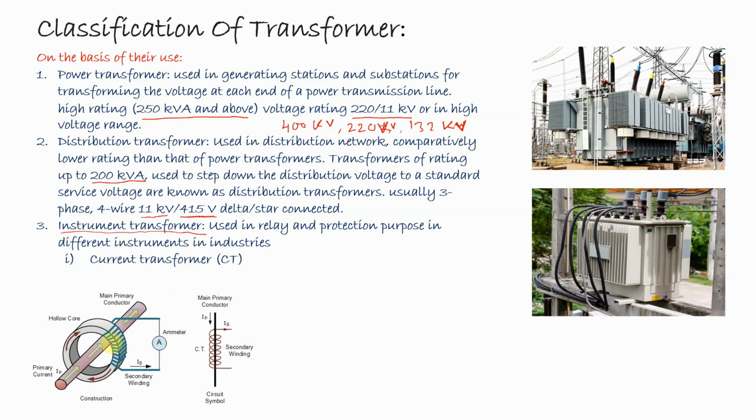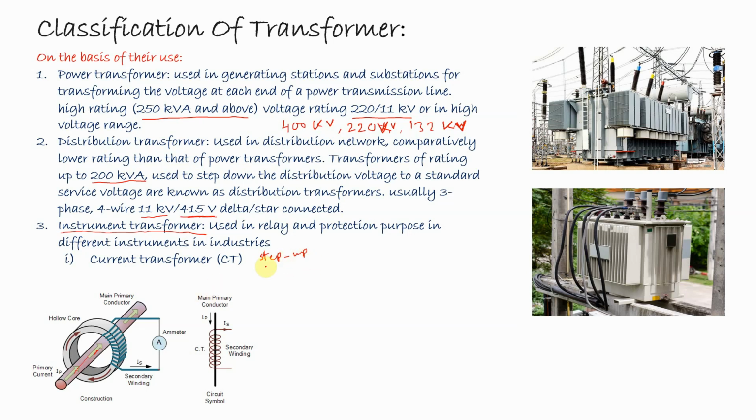So here it is the current transformer. Here the primary winding is nothing but the power transmission line. So this is the power transmission line, and here it is the secondary winding. This is considered as the secondary winding, which is connected across some instrument or some other meters or some relays. Here the number of turns in the primary is only one, and in the secondary side the number of turns is more. That means the current transformer is a step up transformer. So current transformer is always considered as a step up transformer.